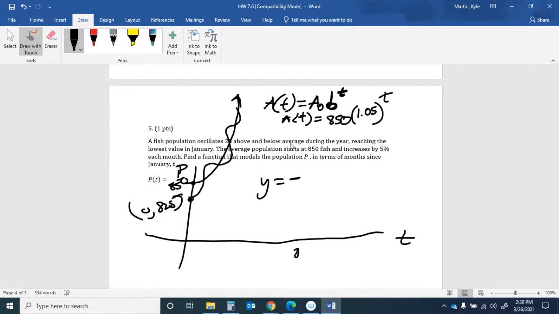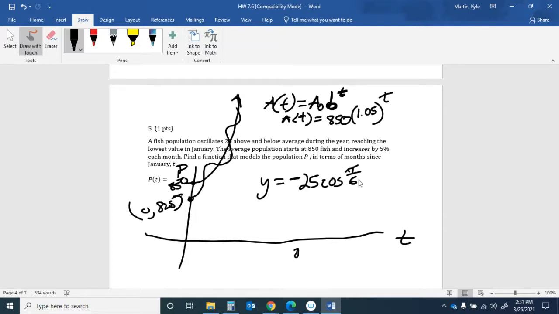So it's going to have a negative, and then the amplitude is it's oscillating above and below by 25 units. So that's my amplitude, 25. Cosine is what makes sense here because it starts below the midline, not on the midline when you're on the vertical axis. So negative 25 times the cosine of,